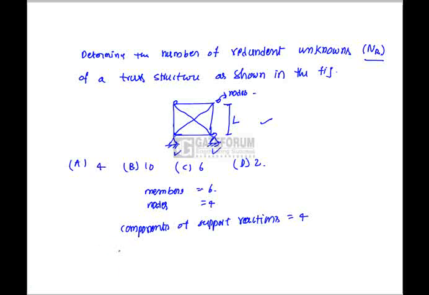So we can find NR, the number of redundant unknowns of the structure, or degree of static indeterminacy, is equal to 6 into 1 plus 4 minus 4 into 2, that is equal to 2,